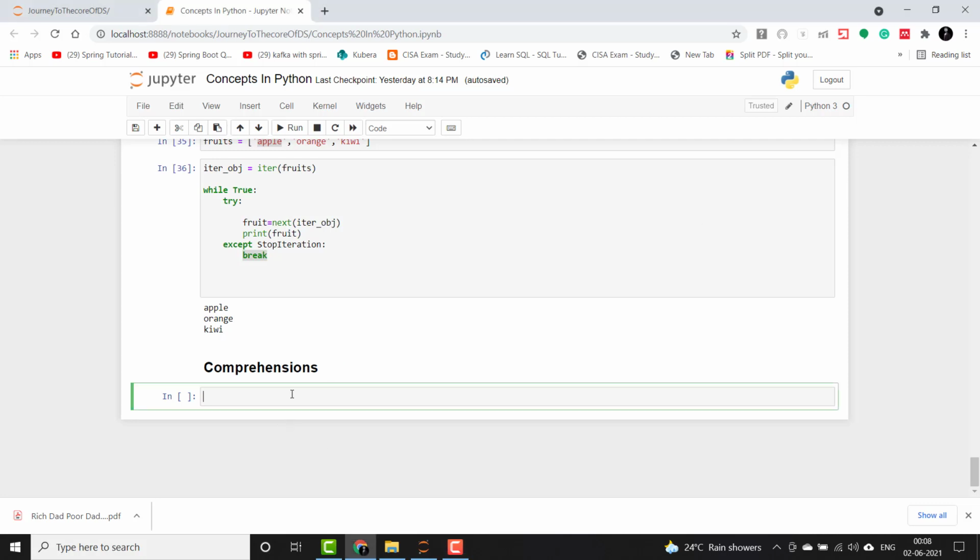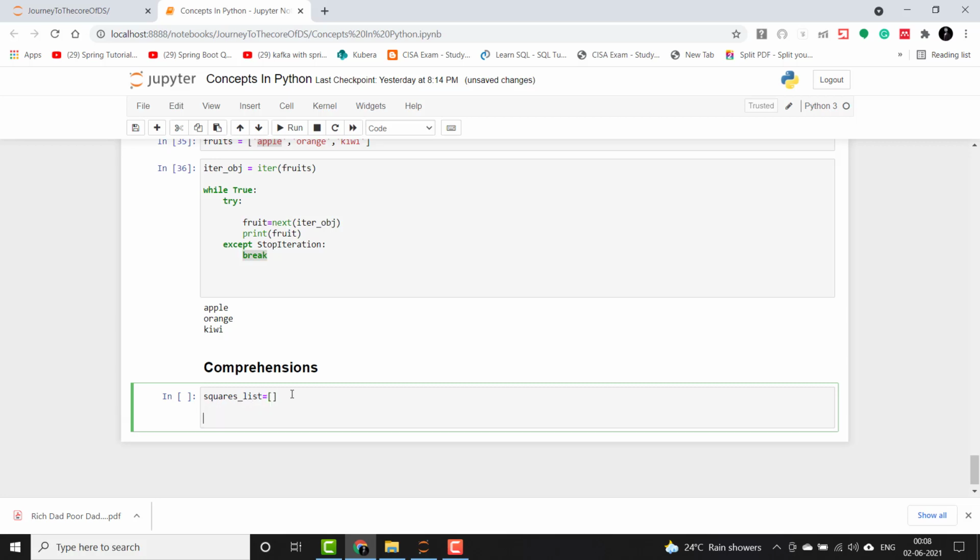Okay, so let's start. I'll say squares list equals an empty list here, and I will iterate in range starting from 1 to 10. That will exclude 10 and we'll start from 1. Then I will take this list and I will start appending values using append.